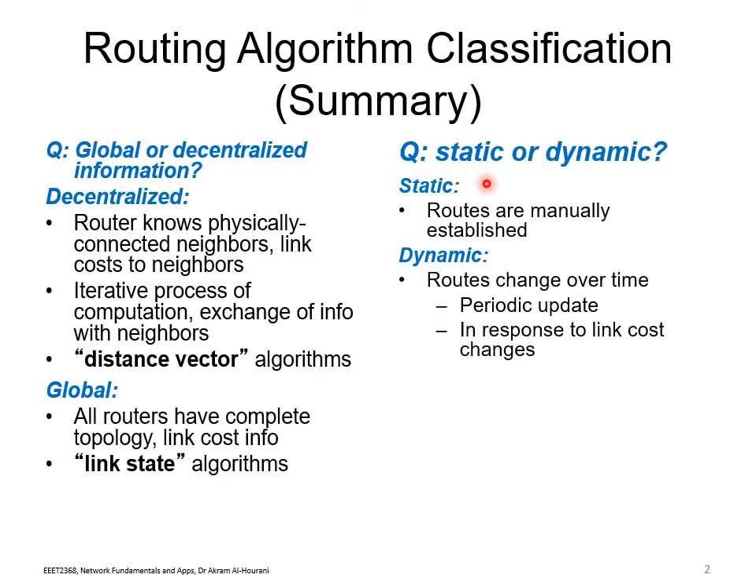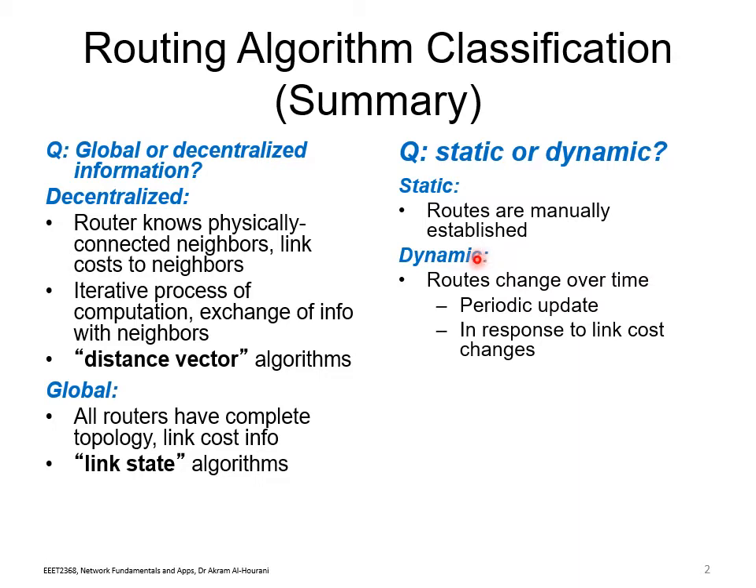To summarize, we could classify the routing into two classes. First is based on their static or dynamic nature. In static routing, routes are usually manually established, and this is okay for a small network. When you get a larger network, establishing manual or static routes becomes a very hard task, so people use